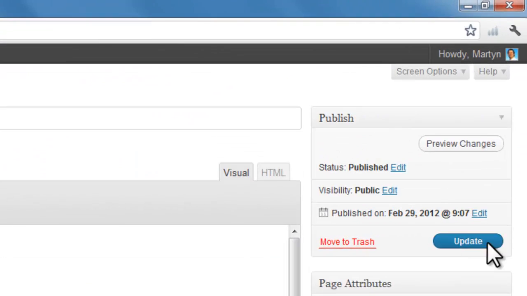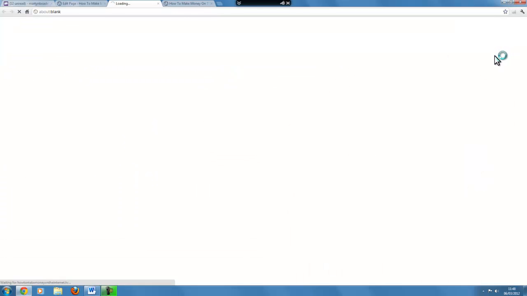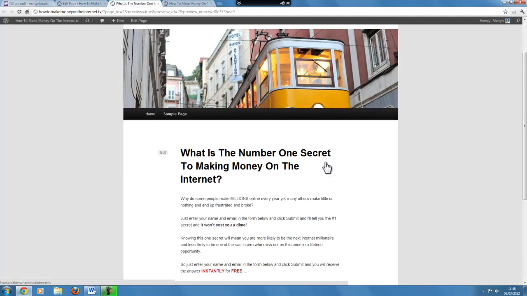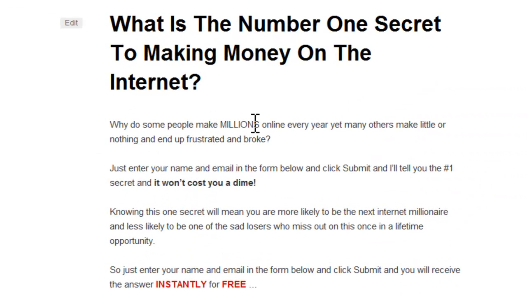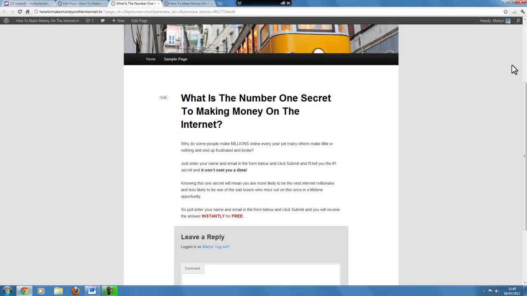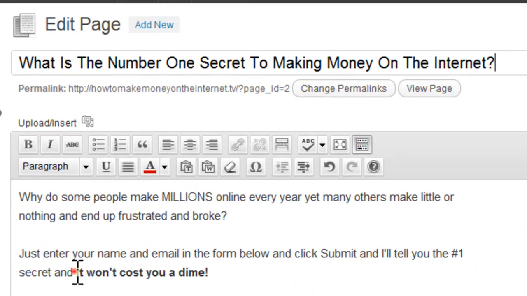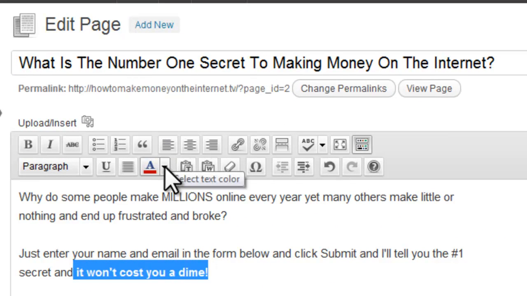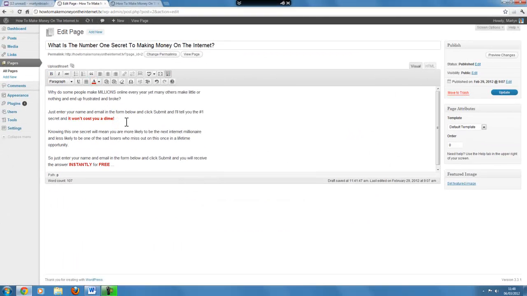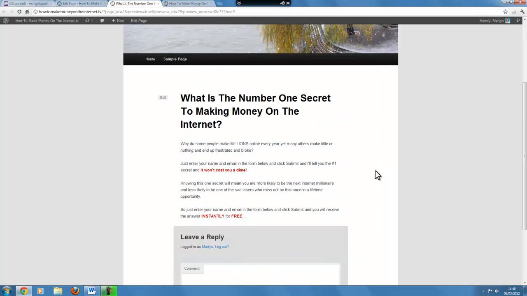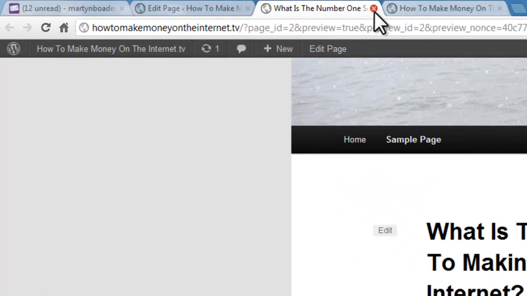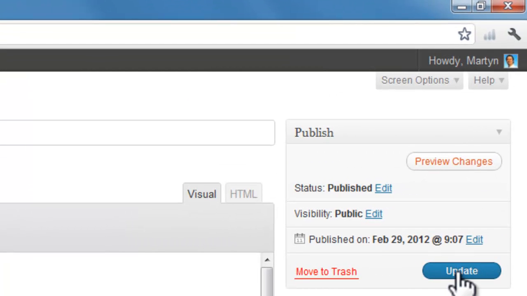apply, and now if we look at preview changes, there's the changes. Millions is now capitals. It won't cost you a dime. Instantly and free are emphasized. Again, let's close that tab. I'm going to make this the same red, I think. Okay. Preview changes. It won't cost you a dime. Instantly and free are the things I want to emphasize here. Okay, close that tab. Now I can click update,